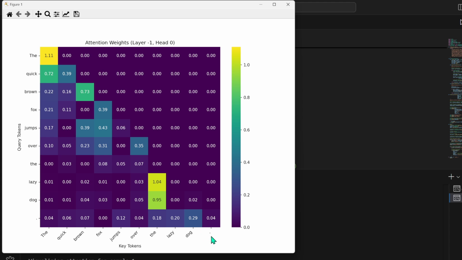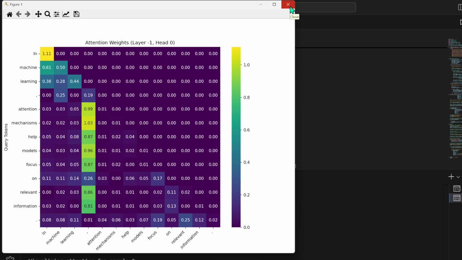And when it comes to dot, literally no token plays any role except dog, which makes sense. But when it comes to this dog, the has played a lot of role, not lazy, because the dog sounds something similar, maybe that's the reason, I'm not sure. And here you can see there are other examples. Apparently here you can see, comma is having no importance here. So yeah,